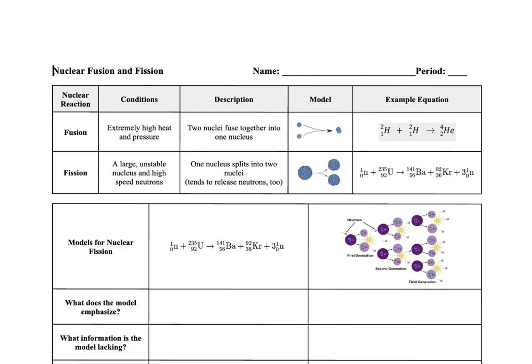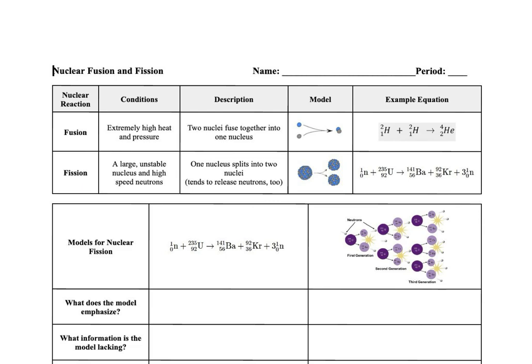If you look at the bottom of this equation, 1 plus 1, this is your equal sign, equals 2. On the top, 2 plus 2, equals 4. So they always add up. Fusion is where we're bringing smaller nuclei together. When we're combining these small atoms, you're getting this larger one. Sometimes you might see some neutrons involved. I'll show you examples of that later. There is typically no radioactive waste, and we find this in our sun and any stars in the universe. This is actually how the sun gets energy: it fuses hydrogen into helium.